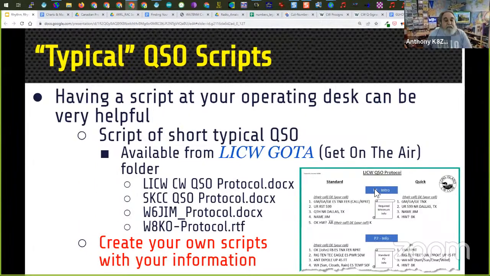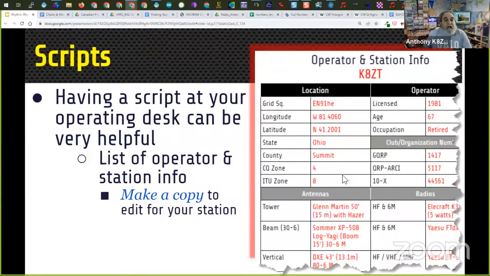The Long Island CW group has a list of protocols, and you can click on this link and this gets you access to all four of these different written documents that have short scripts for making contacts. You can also create your own scripts with your information, and I suggest that you also in your station have